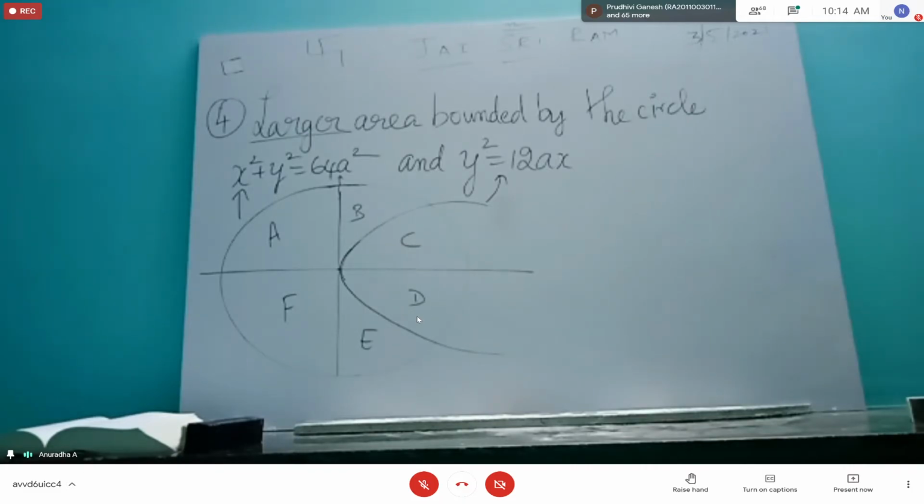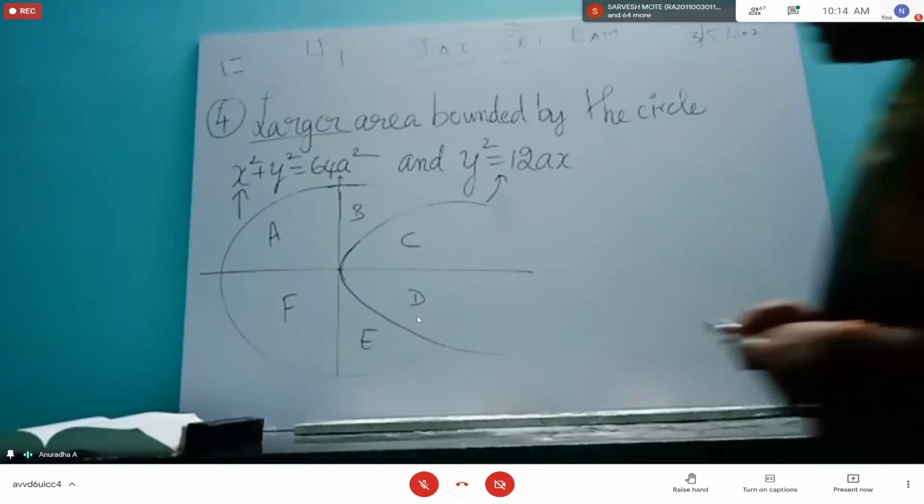Somewhere around the ABC, somewhere there. Why? There is no such thing as only positive axis we have to take. They have not given above it. They have given larger area. Among all the things, C is looking only a small, tiny bit of portion, taking only 20 to 25. ABFE. Yeah, whoever said that answer is correct.